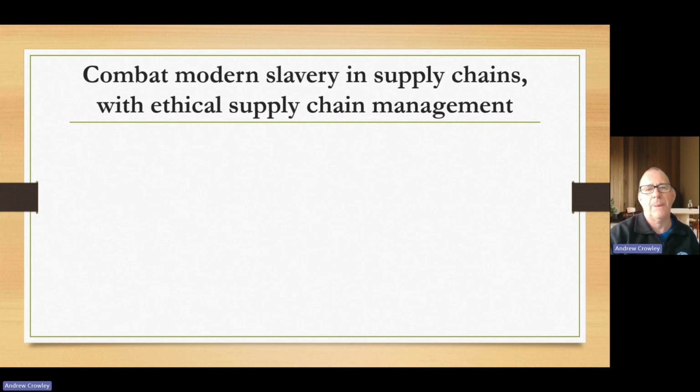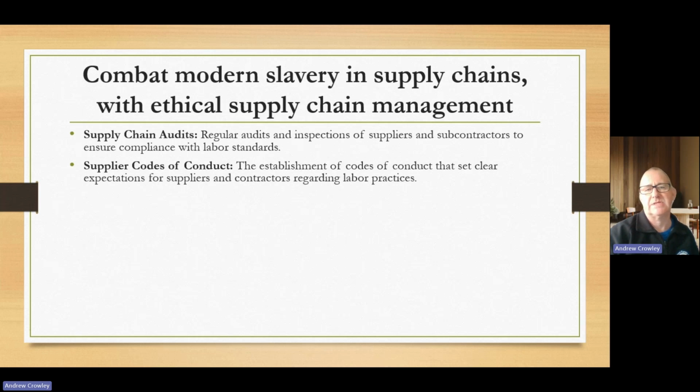What can we do? So at least on the supply chain side, we can have better management. So you could do a supply chain audit. Surely it must be possible to trace the origin of your product. One example: if you can slap on that your product is GMO free, why on earth can you not slap on it that it's slavery free? We would expect to hold manufacturers and suppliers and transportation companies, logistics companies, the whole supply chain to sign up to a code of conduct that sets clear expectations for the suppliers and contractors regarding labour practices.